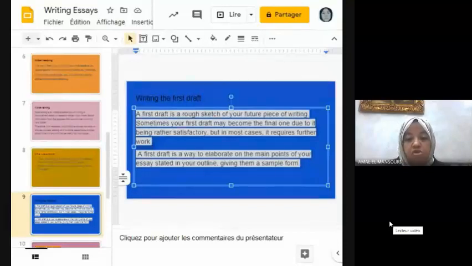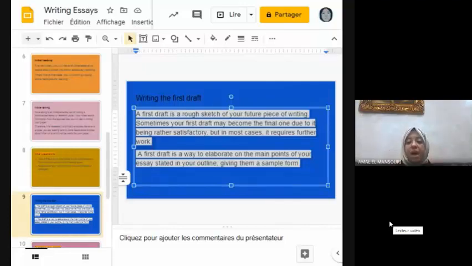So a draft is a version of your writing in paragraph form. The first draft is when you move from the outline stage and write a complete version of your paper for the first time.